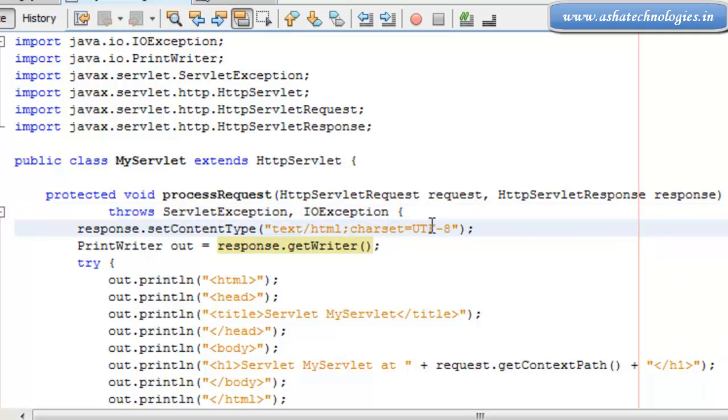So for that response, the response should be either text/HTML, or an image format, or any file format, or any HTML with attachments. So for text/HTML we are using response.setContentType. Once the request has been